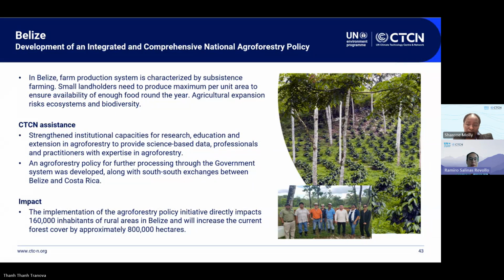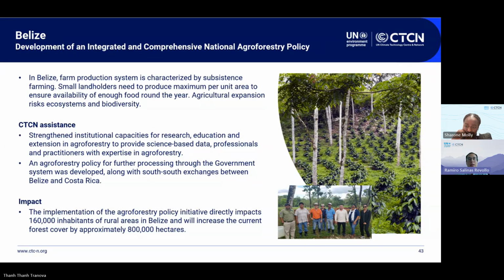The potential of agroforestry to contribute to sustainable development has been well recognized in international policy meetings, also in our UNFCCC convention on climate change and biological diversity as well. However, agroforestry today continues facing challenges due to unfavorable policy incentives or inadequate knowledge dissemination. There are also legal constraints or poor coordination among multiple sectors. So for that reason,